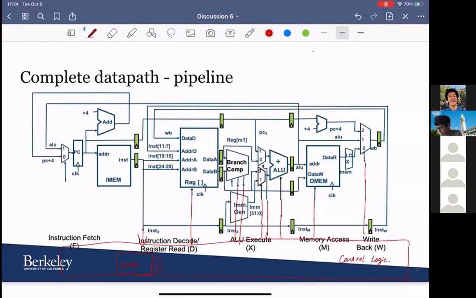So let's say for the branch comparison, this one is much simpler, so we also have to register this one, and also register this one. And for the write back, it actually requires more delays